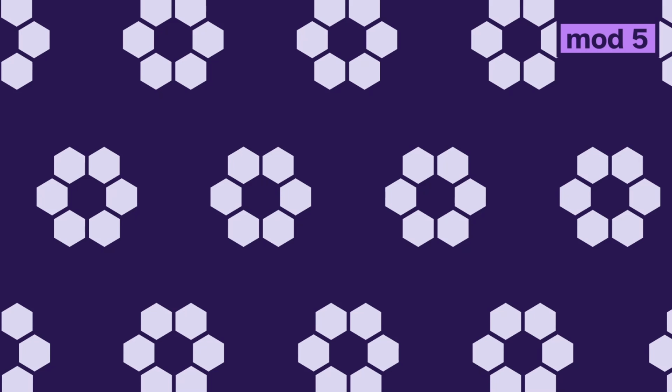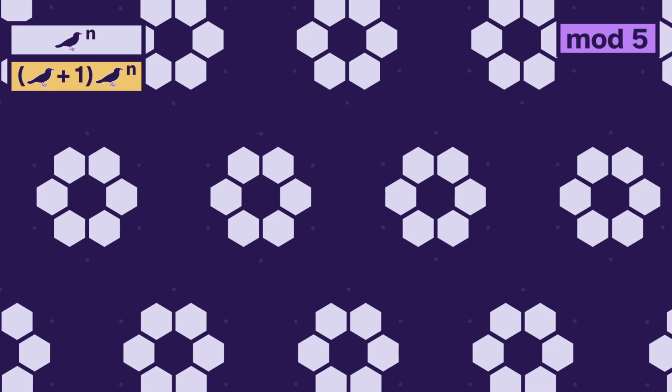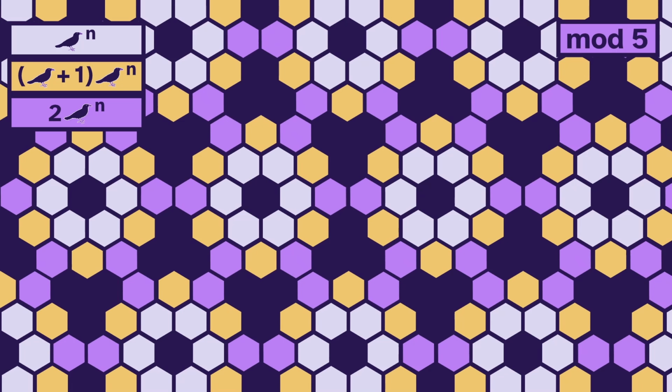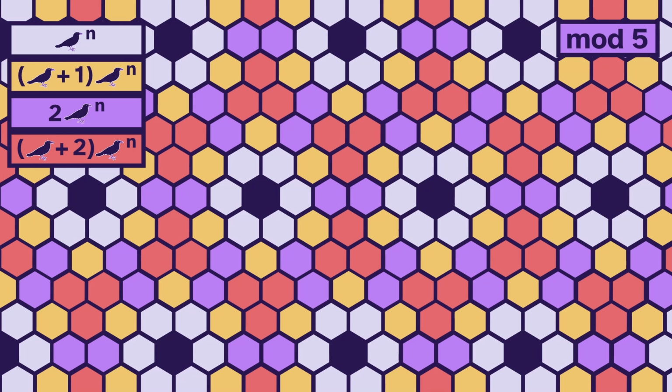And it's even more fun when it's not just crow powers. Multiply crow plus 1 and we get these nice flowers. Then multiply 2 and the flowers connect, which gives the whole view a lattice effect. And next up, perhaps, crow plus 2 please. It fills in the gaps with